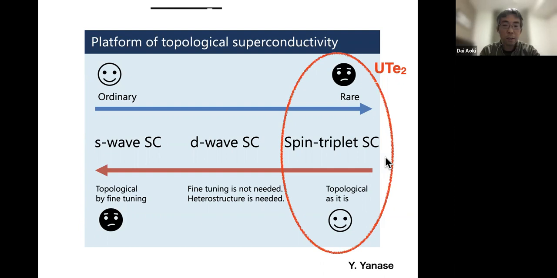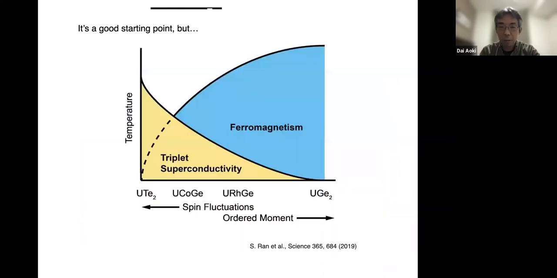This material was first discovered by Shen Ran, Nick Butch, and Johnpierre Paglione's group. This is the first report, and I took this figure from the first paper in 2019